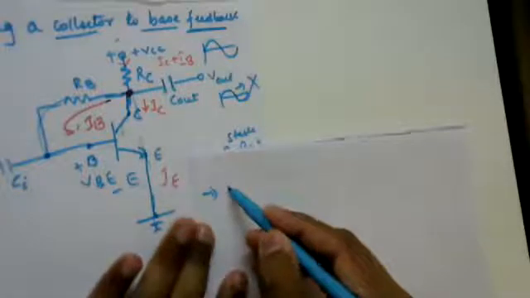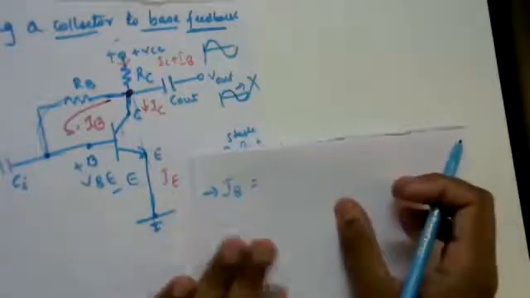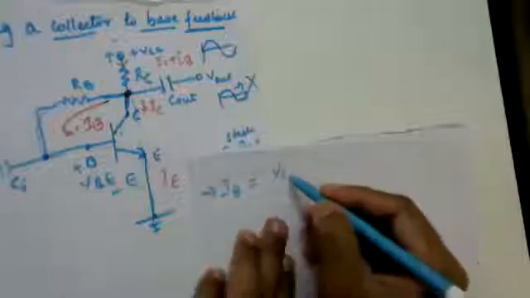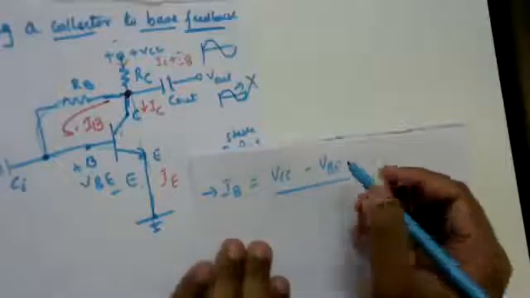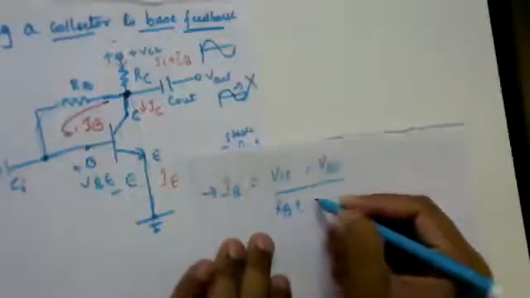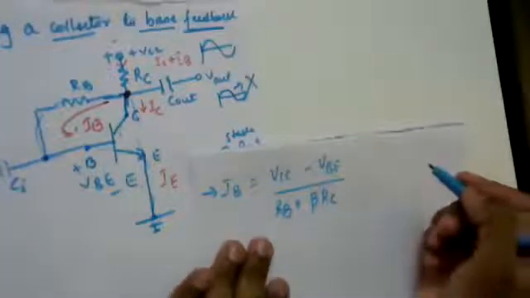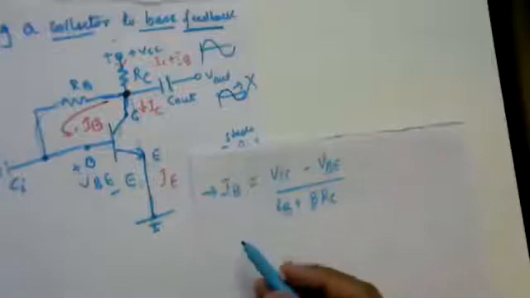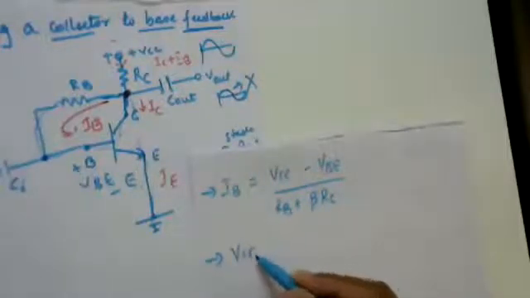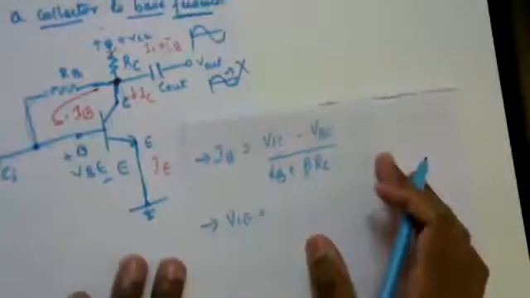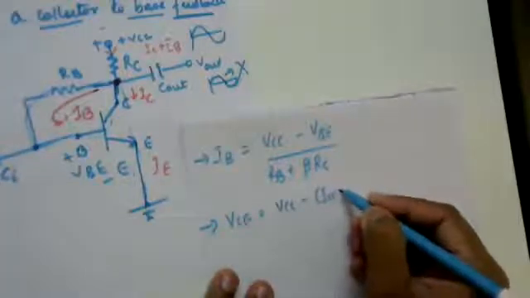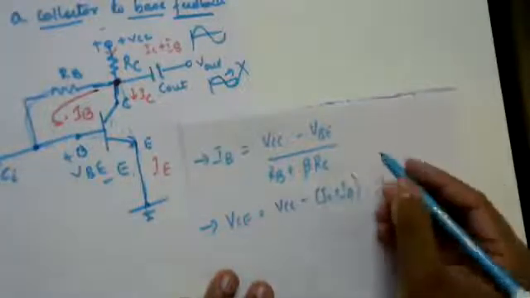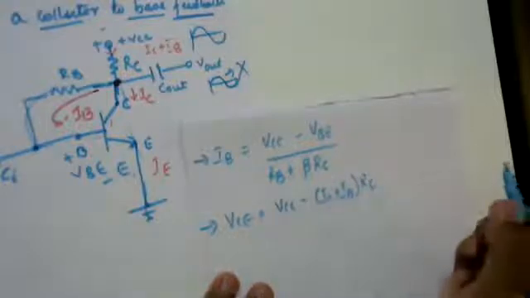Okay, one is for my base current, wherein I'm able to get the expression for base current as IB equals VCC minus VBE divided by RB plus beta times VRC. And the second equation is for the output voltage. So output voltage VCE is given by VCC minus IC plus IB into RC. Yes or no? Okay.